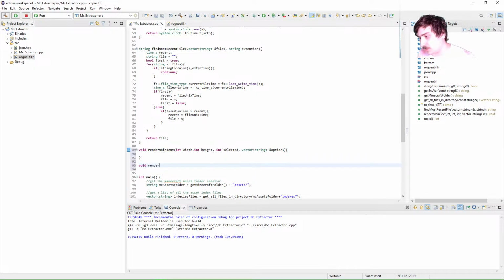And void render search, and have int width and height,